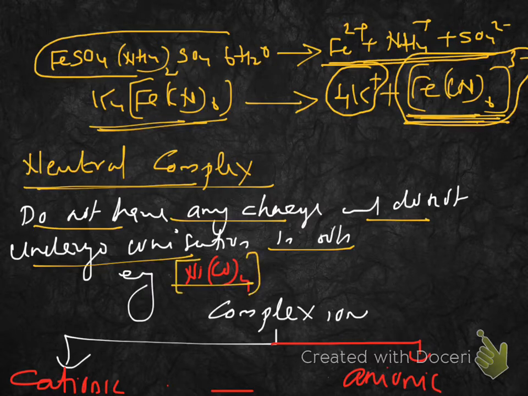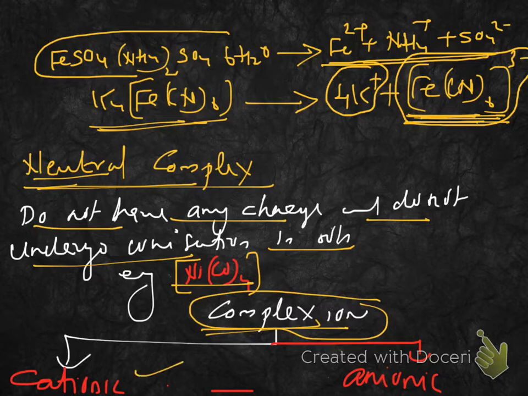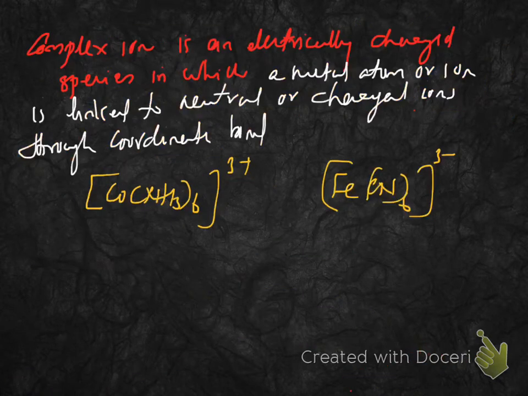This is a neutral complex because it does not have any charge, and it does not undergo dissociation in water. At the same time, a complex ion, unlike this neutral one, may be cationic or anionic. They have charge and they undergo